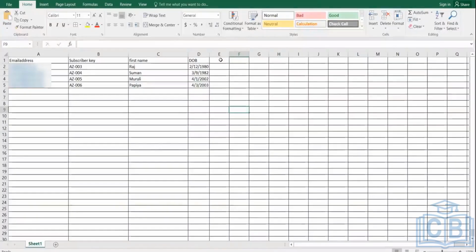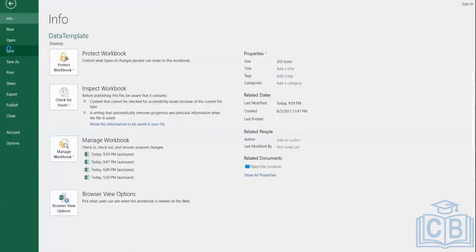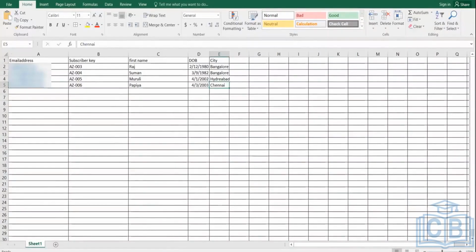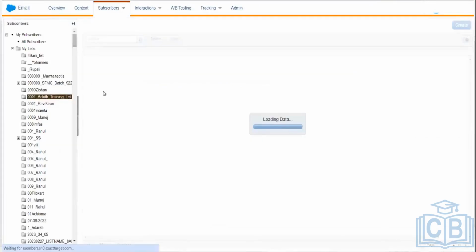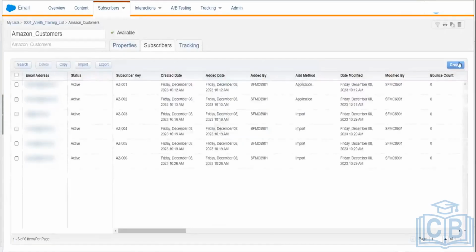One thing we can do is, in the Excel sheet, update the city. City Bangalore. And with import,